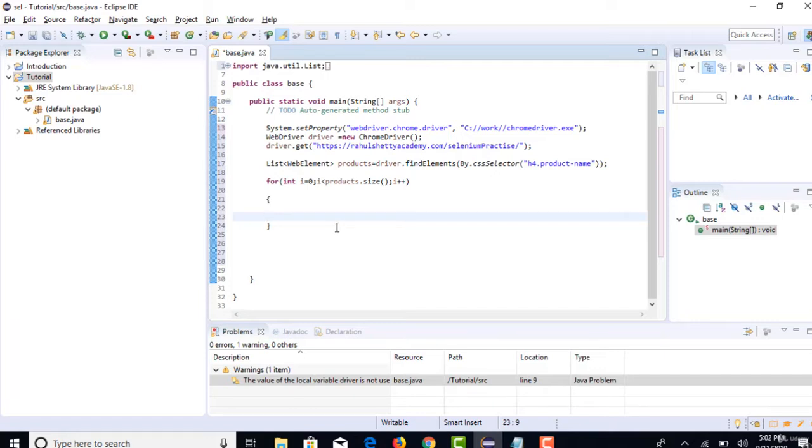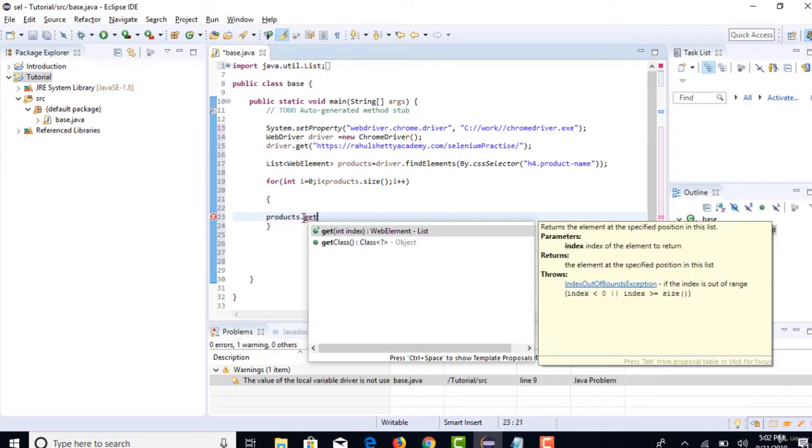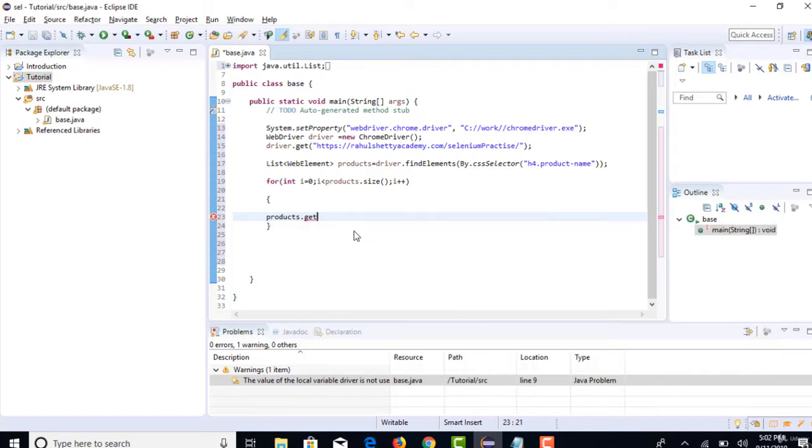Let's do that. So products, all the 30 items are now in this variable, right? Now when you do products.get, the method will pull one particular value out of those 30 values. Which value you want to pull, that value's index you have to pass inside this argument. So I will just pass the i variable here, so that when the loop is iterating the first time, i equals 0, and 0 will fall here.